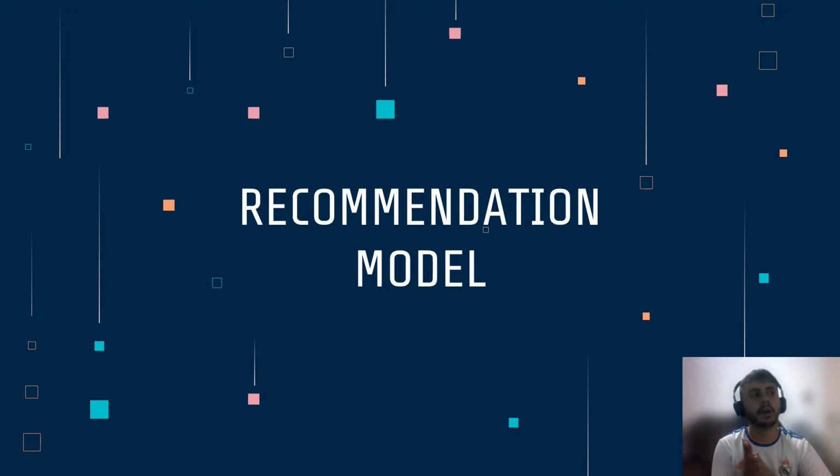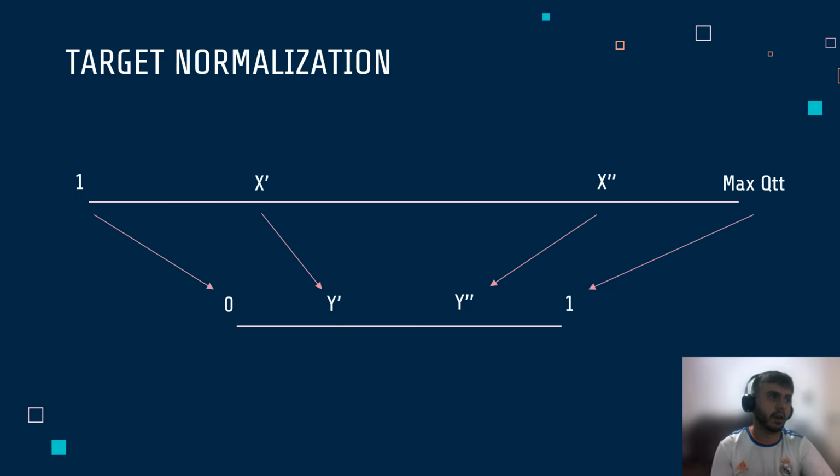So the function of a recommendation model basically is to check the probability of a user buying an item. To do that, I need a rating joining users and products. We don't have that information, so I created a rating using the quantity of orders that a user made in a particular item and normalized that indicator from 0 to 1.